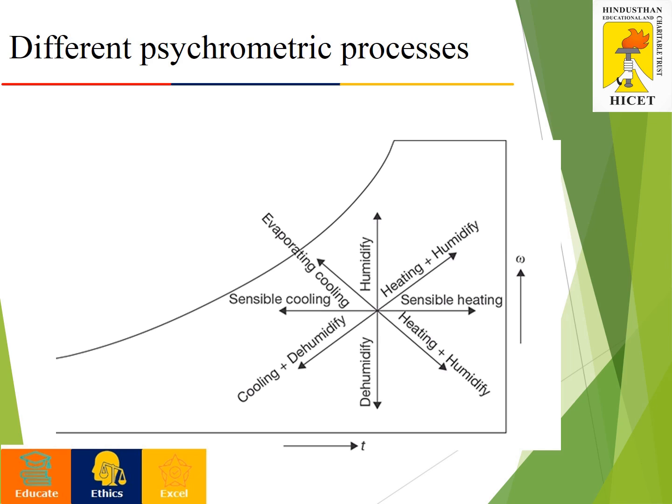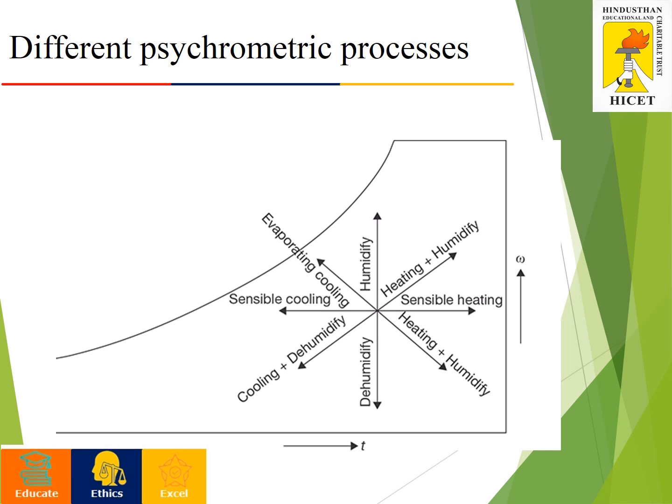In the psychrometric chart, in the x-axis we are having dry bulb temperature, and in the y-axis we are having specific humidity, which is specified by the letter W. In the x-axis we are having dry bulb temperature, specified by small t. Small t means dry bulb temperature. The dry bulb temperature will start and increase from left side to right side, and in the y-axis, from bottom to top, the specific humidity value is measured in grams per kilogram of dry air.